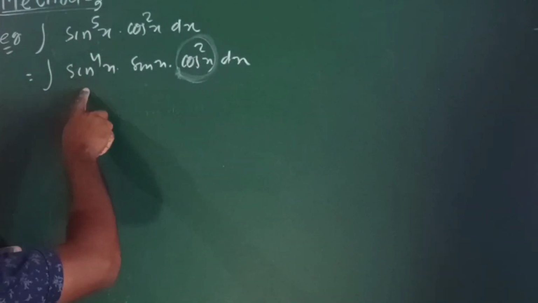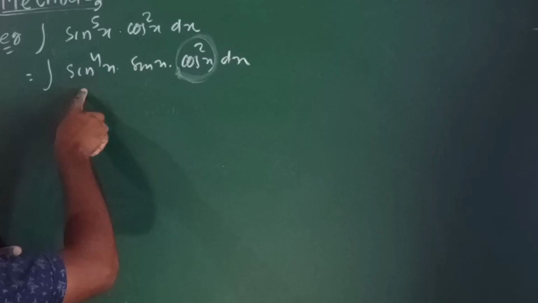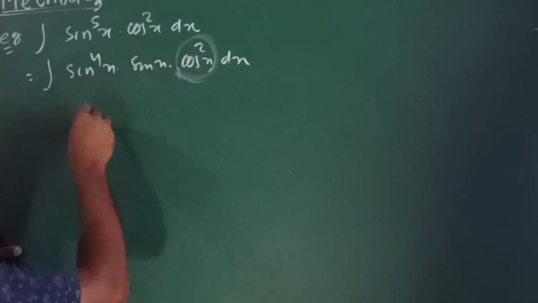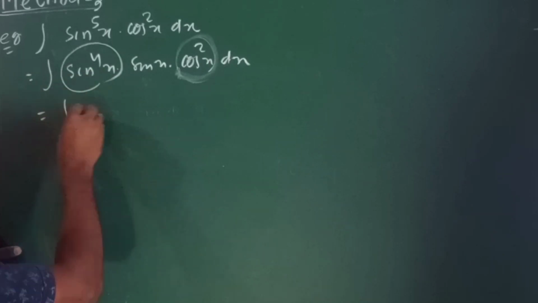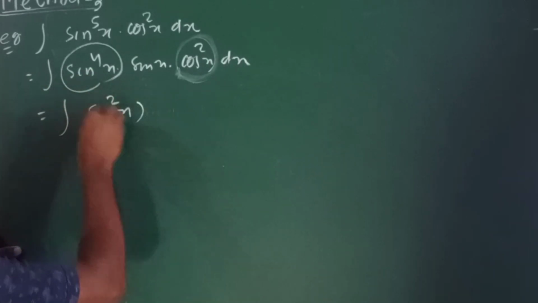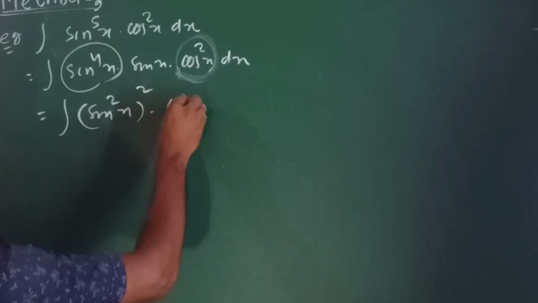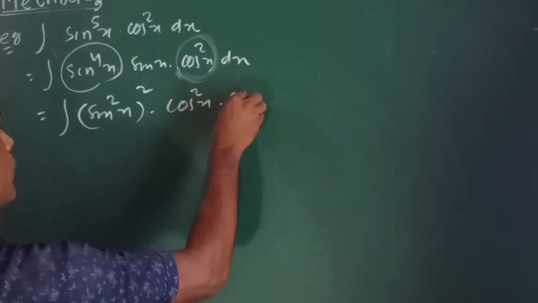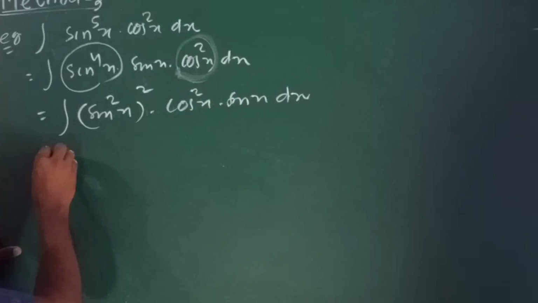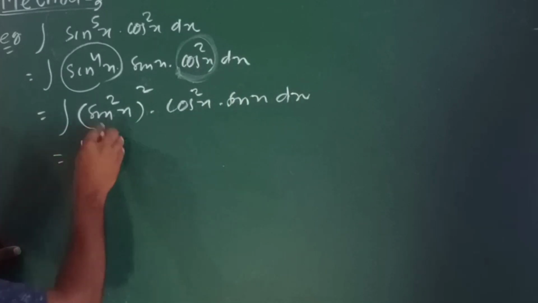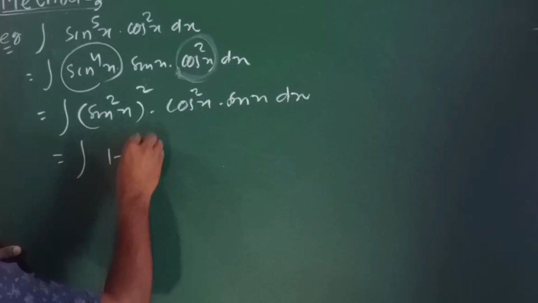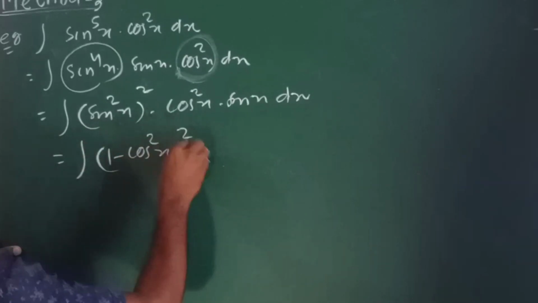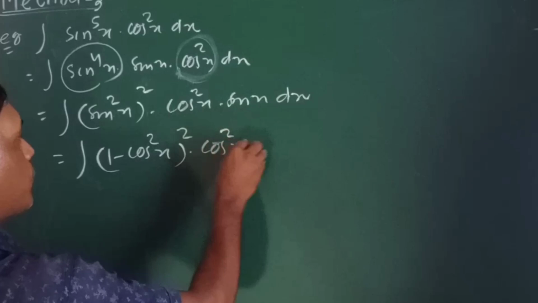I write it, I separate one term, that means sin to the 4x into sin x into cos square x. Now this is even, so you have to change this. Change means this is sin square x to the power 2 into cos square x into sin x dx. Now I write sin square x. I have to change this. Change means this sin square x is 1 minus cos square x to the power 2 into cos square x